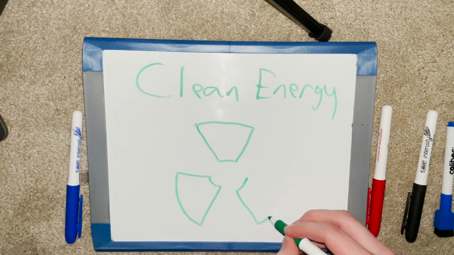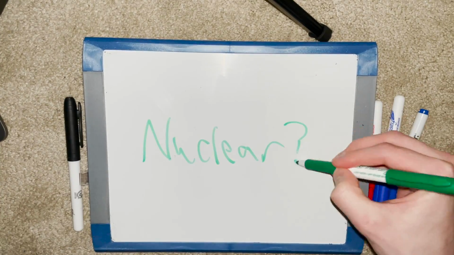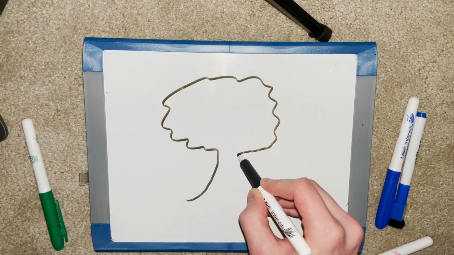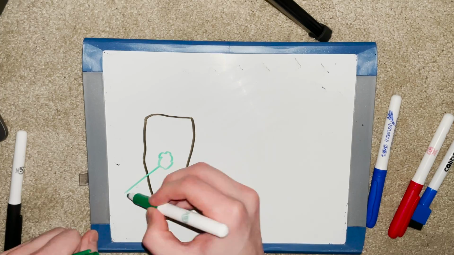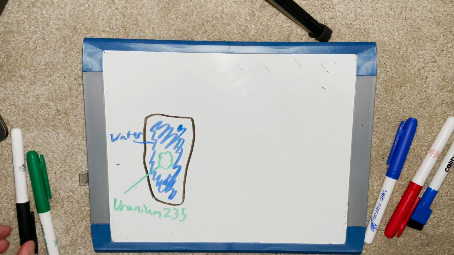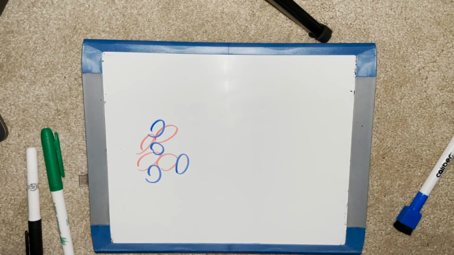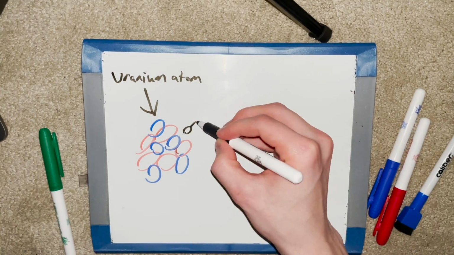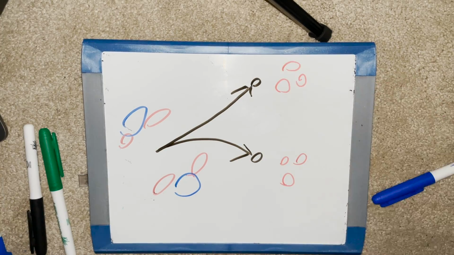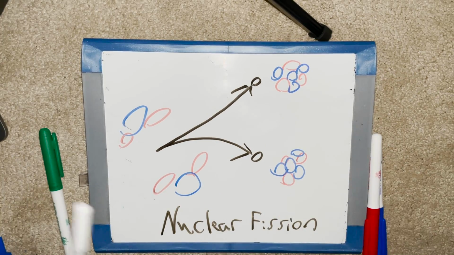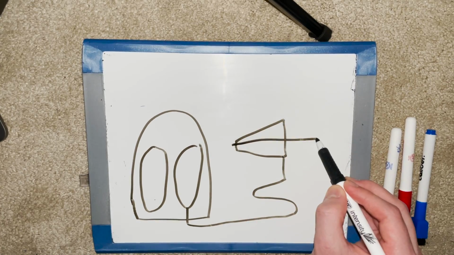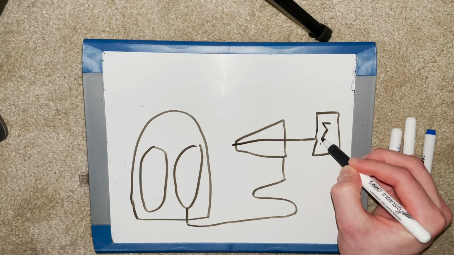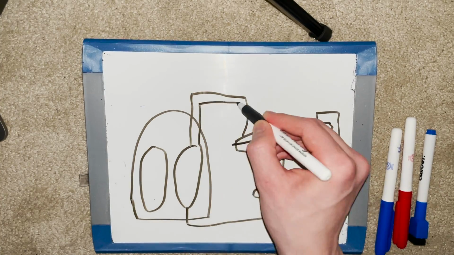Finally, there's nuclear. You must be thinking, nuclear? What? You mean the stuff they make bombs out of? No. In a nuclear power plant, uranium-235 is surrounded by water. The uranium atoms are bombarded with neutrons that cause the atoms to split and shoot out with more neutrons. This causes a chain reaction that warms up the water, creating steam. This reaction is controlled by a moderator. The steam then moves to a turbine that produces electricity.